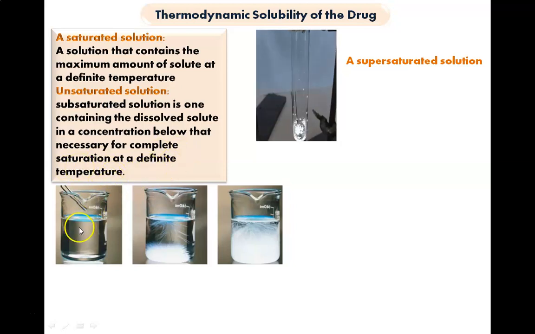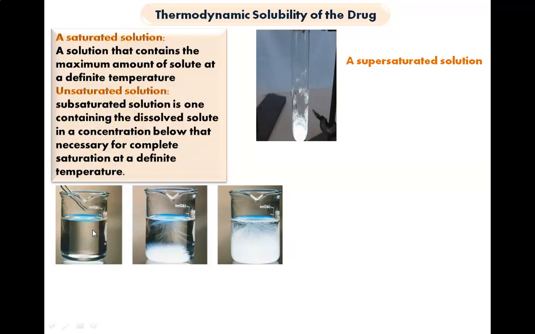That means 10 gram of glucose or sugar is the saturation amount for 10 ml of water. So 10 gram is the concentration which saturates the water completely at room temperature. If I add 5 gram, then it is an unsaturated solution. So clear? Now 10 gram is a saturated solution, 5 gram is an unsaturated solution, and if I am going to increase a